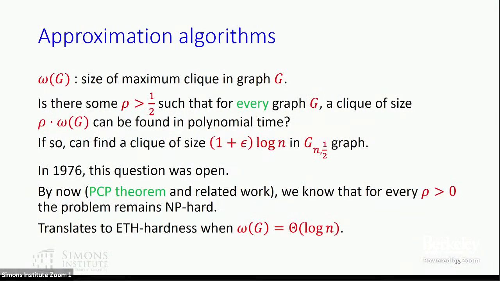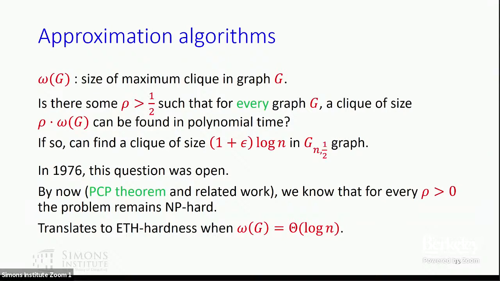Another thing we might try to do is approximation algorithms. Let's denote by omega of G the size of the maximum clique in a graph G. We can ask, is there some approximation ratio rho, which is larger than half, such that in every graph G, not just a random graph, a clique of size at least rho times the maximum size can be found in polynomial time? Because if there is such an algorithm, all we're asking in our case is to find a clique slightly larger than half